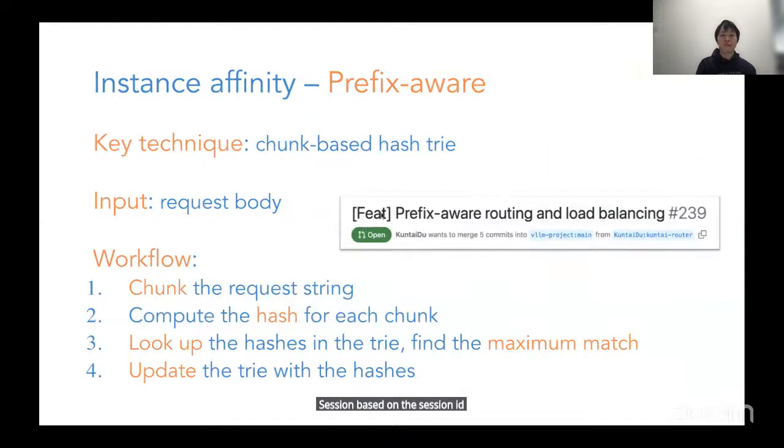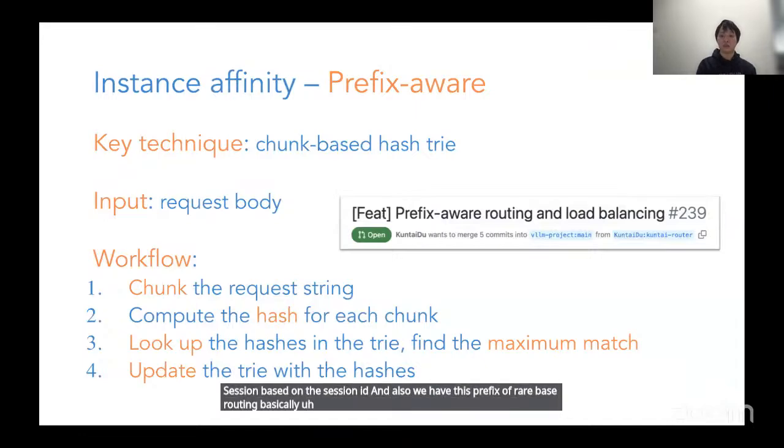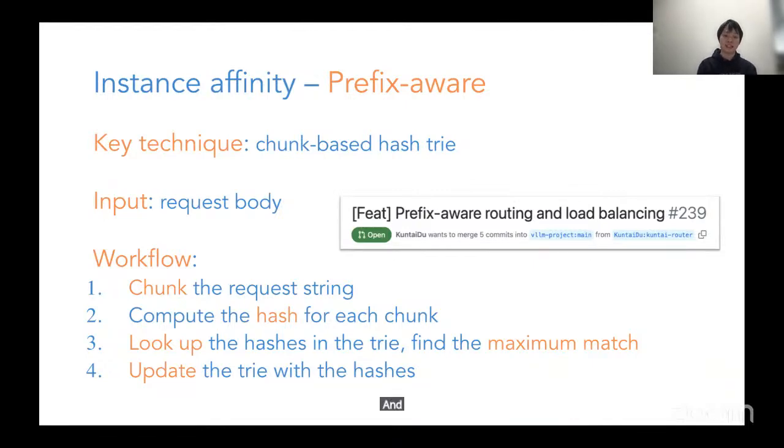And also we have this prefix-aware routing, basically determining which instance will have the longest prefix matching. Right now there is a PR available, contributed by Quintai, who is one of the core members in the vLLM community. And the key technique here is a trunk-based